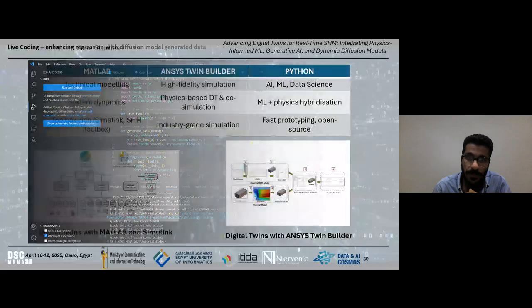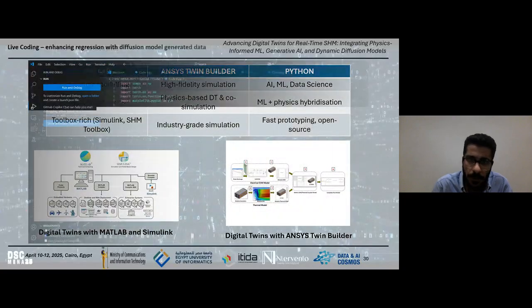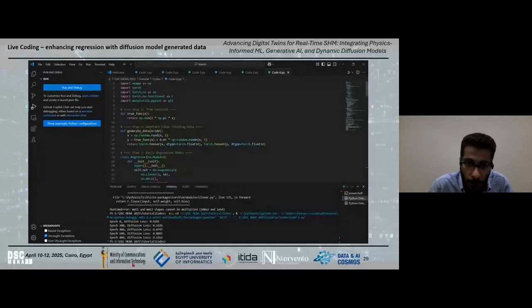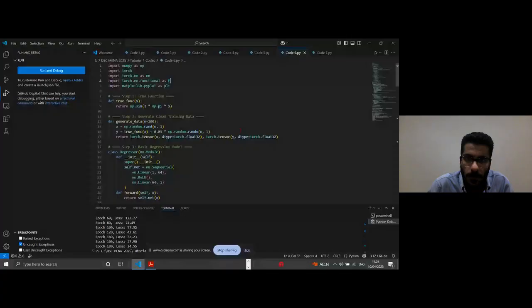So now we are going to move to a simple regression model using a diffusion model to generate the data. So let me code. Right.